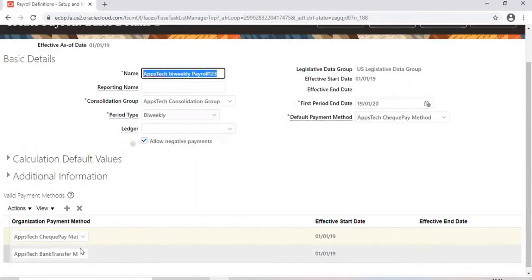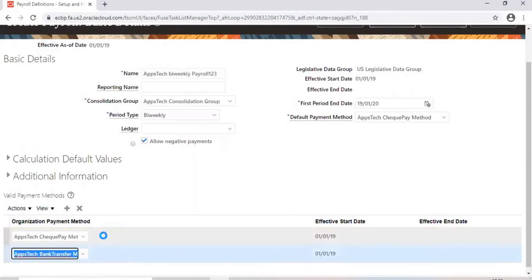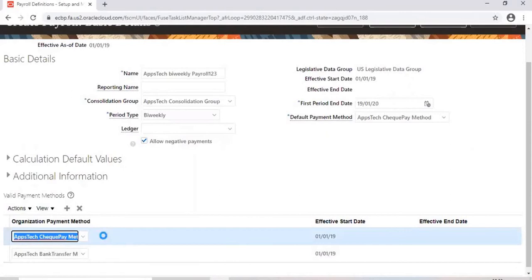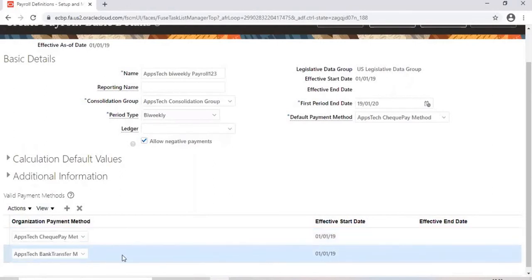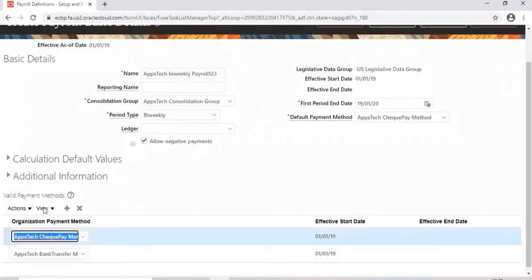Now, when I hire an employee, I am going to select this or this for that employee. If the employee should get salary through bank transfer, I select this payment method in the employee screen. If I want to pay only by check, I select this payment method for the employee. But if you don't enter anything, the employee is hired with no payment method, so by default it will take this.